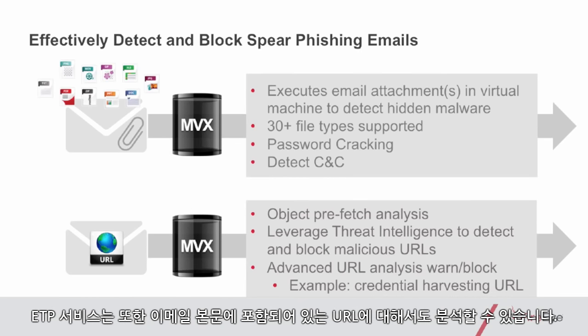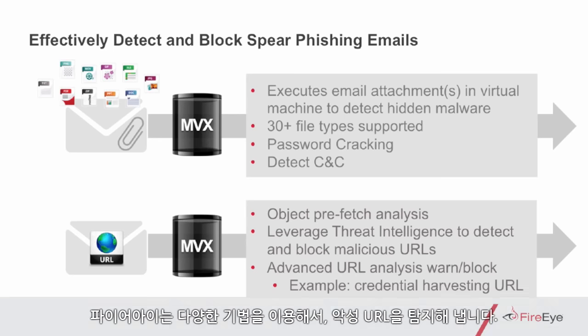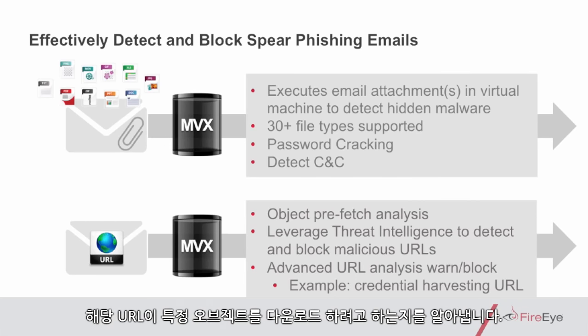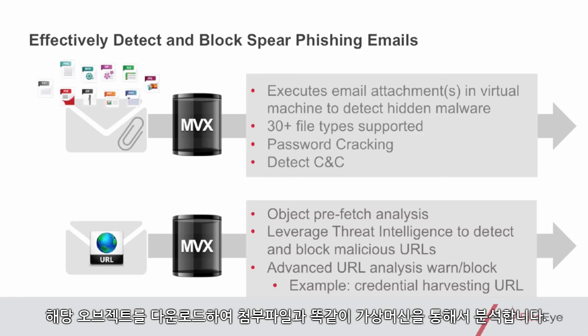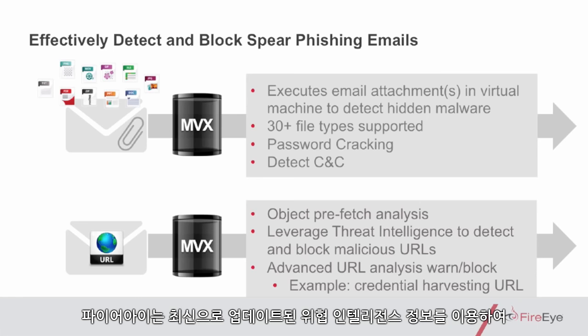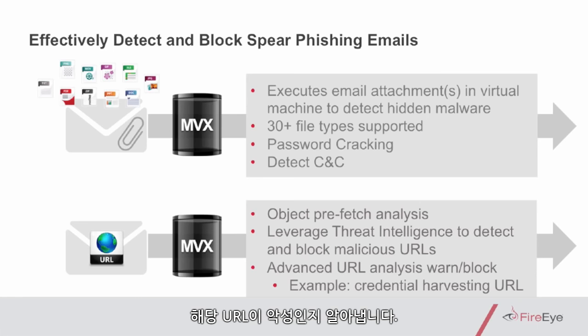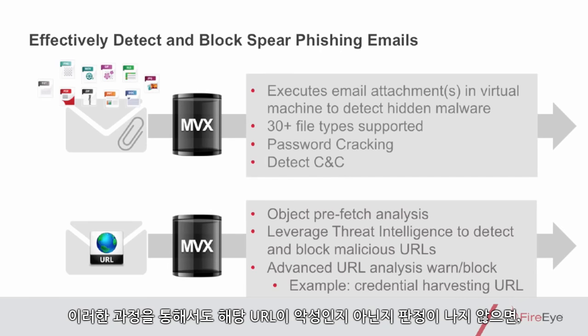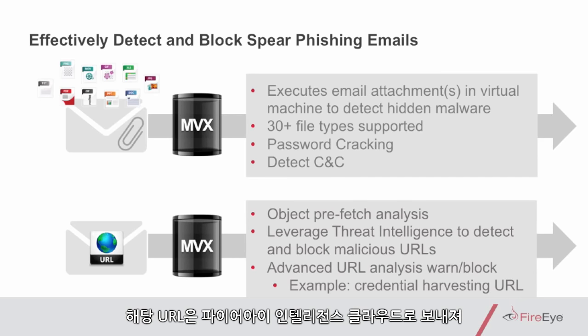The ETP service will also analyze embedded URLs within the body of the email. We do this a few different ways. First, we use heuristics to run against the URL to identify if it's pointing to an object. If it is, it'll download that object and analyze it as if it was an attachment. If the URL is not pointing to an object, FireEye will leverage localized threat intelligence to identify if that URL is malicious. If there is still no verdict, we'll take the URL and submit it for advanced URL analysis within